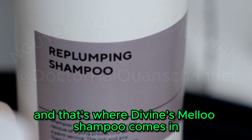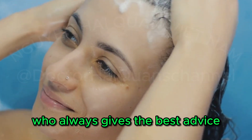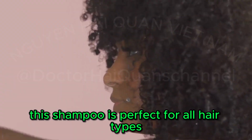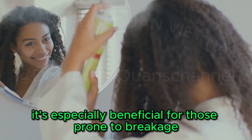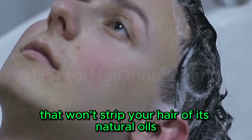Prevention is key, my friends, and that's where Davines Melu shampoo comes in. This gentle giant is like that wise friend who always gives the best advice. It's all about taking care of yourself before you need to be rescued. This shampoo is perfect for all hair types, but it's especially beneficial for those prone to breakage. It's formulated with gentle cleansers that won't strip your hair of its natural oils, leaving it feeling soft, manageable, and